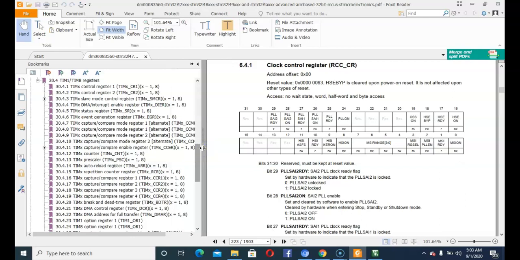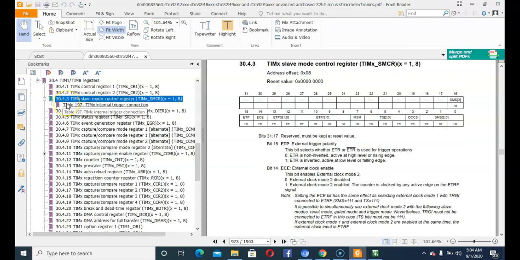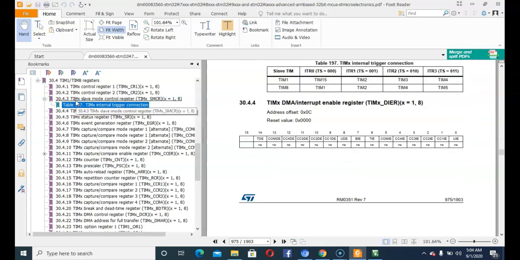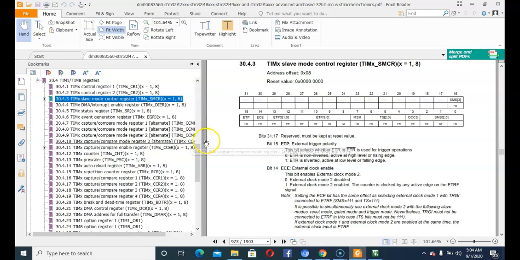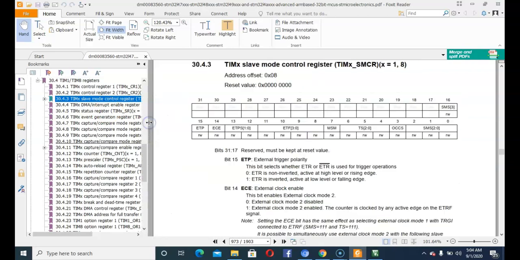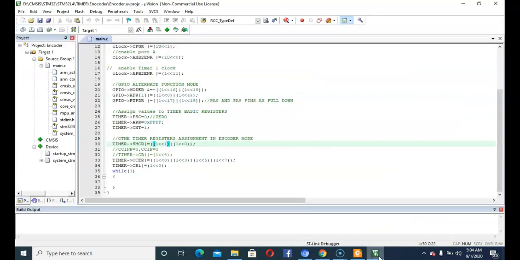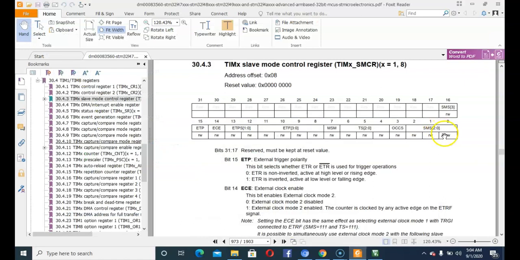There it is, the SMCR, select it. We are setting the 0th and the first bit. So the 0th bit, this one, and this bit we are setting, and let us see what this SMS is used for.